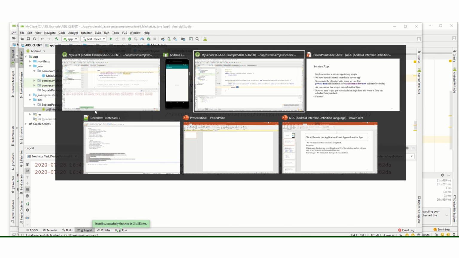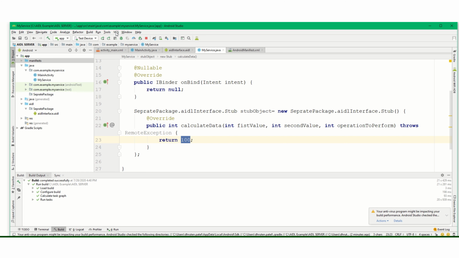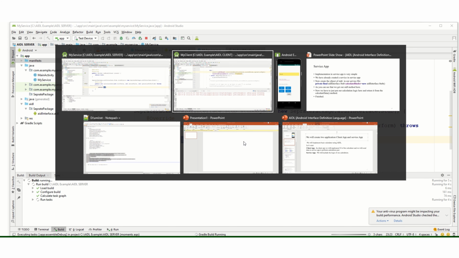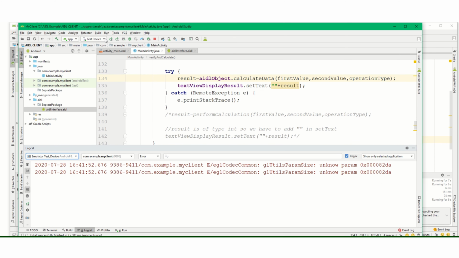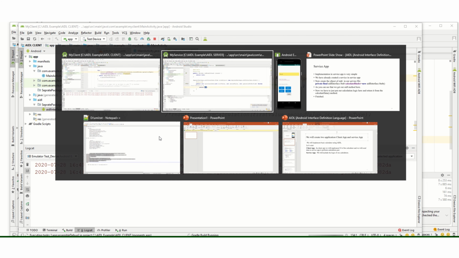Go to my service app. I think I forgot to clean this. Clean it. I need to run it again and run my client app.